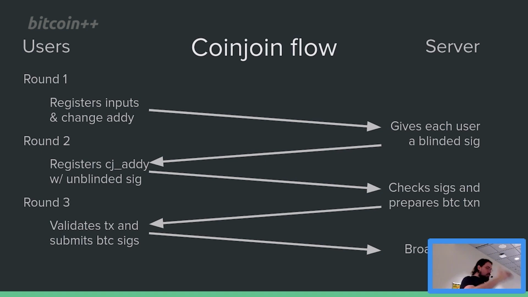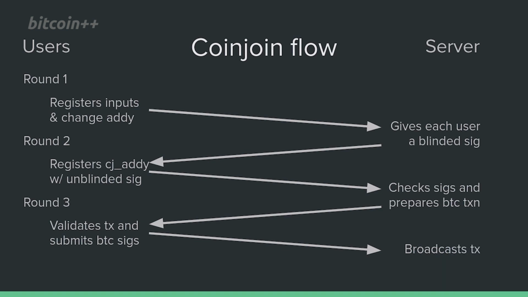They're validating that their CoinJoin address is getting 1 million sats, and their change address is getting their inputs minus the fee, minus the CoinJoin amount. And everybody checks their own addresses, and then they're like, okay, I'm getting mine, so I will sign this transaction. And if anybody doesn't sign, the transaction doesn't happen. So this is good. You don't have to trust this coordination server, and he broadcasts the transaction,